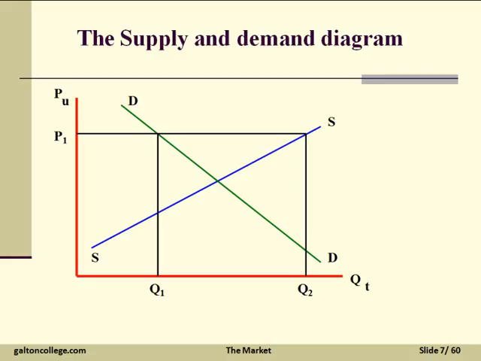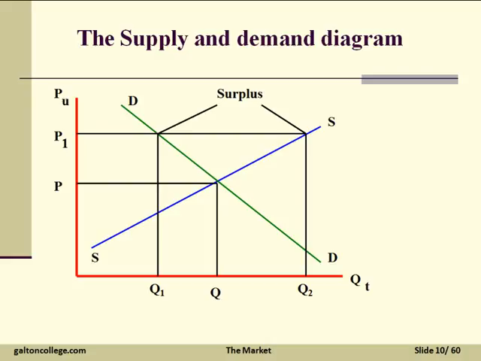In order to dispose of the extra production, they need to cut the price. So the price must fall from P1. Now, the surplus production will therefore be reduced. As the price falls, the difference between what is demanded and what is supplied will be reduced. So really what we're doing is heading towards this equilibrium, P and Q. The price will be continuously cut by the producers to try and sell off the extra stock until the equilibrium